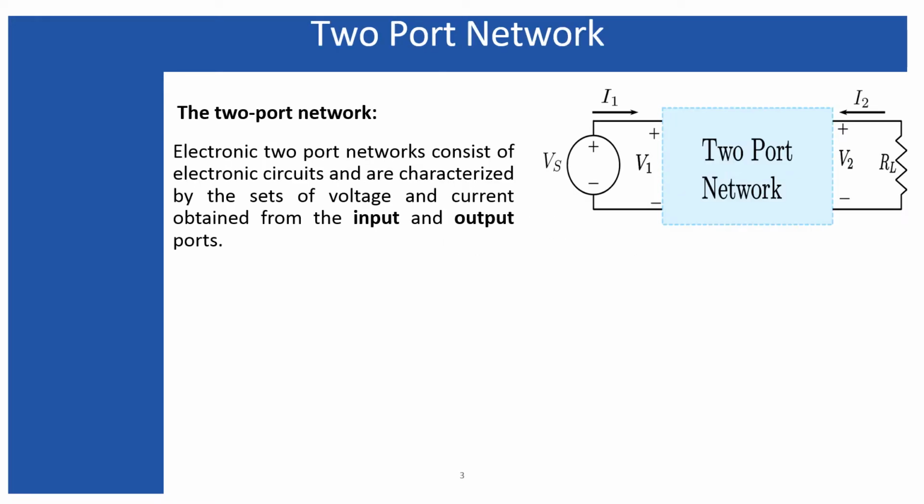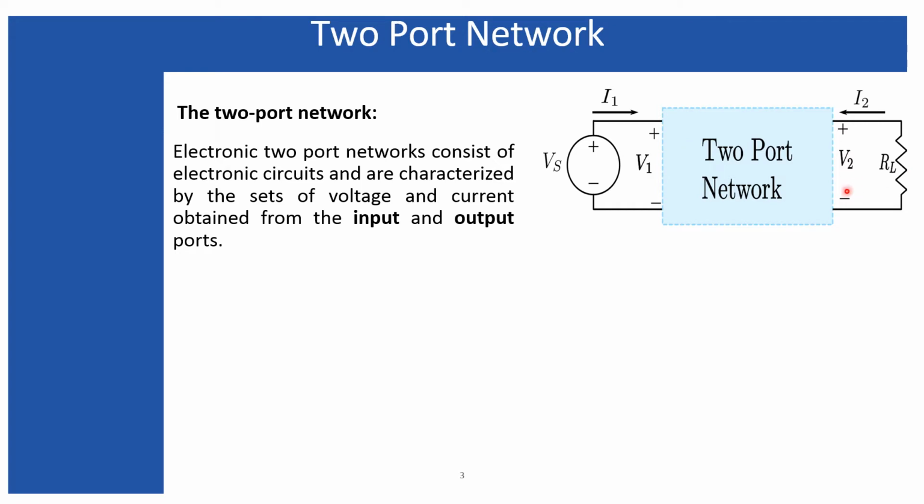Before diving into the insight of the H parameter model, we first need to know what it is. The H parameter model is a concept of circuit theory which is generally used to analyze a two-port network system. And what is a two-port network system? A two-port network system basically consists of a simple or complex electronic circuit. Say, for example, shown in this diagram, this is a two-port network. One port is used for input and another port is used for output, which is the basic system of any kind of device, the simplest system of any kind of device.